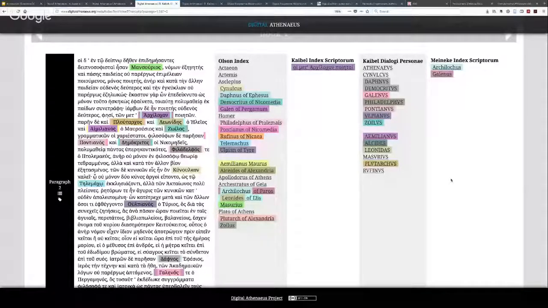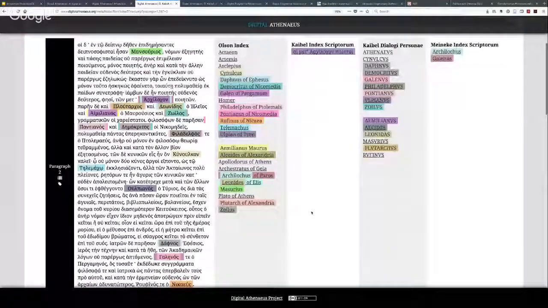In this case, I have names of ancient authors, though not only in the case of Olson, because Olson includes in the index not only ancient authors but also names of people in general, like Pericles, for example. But in any case, he also has names of ancient authors.